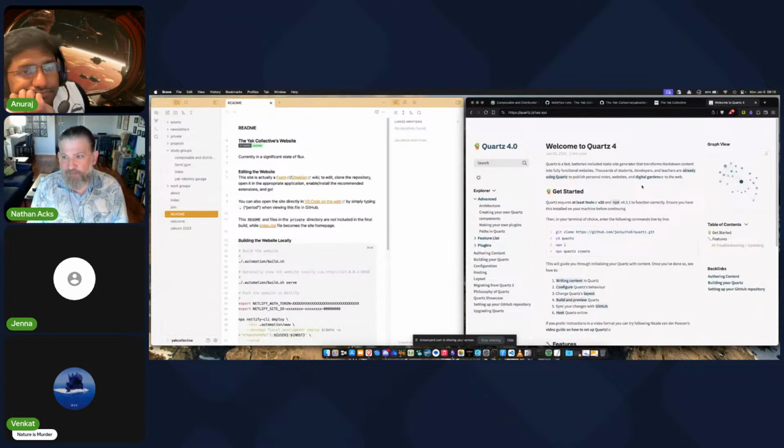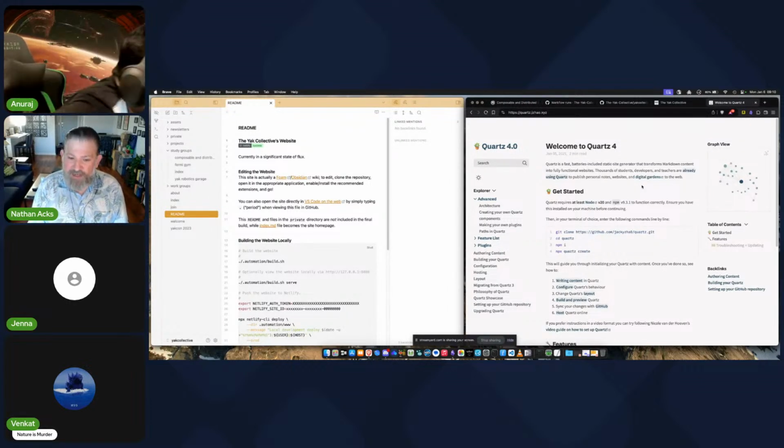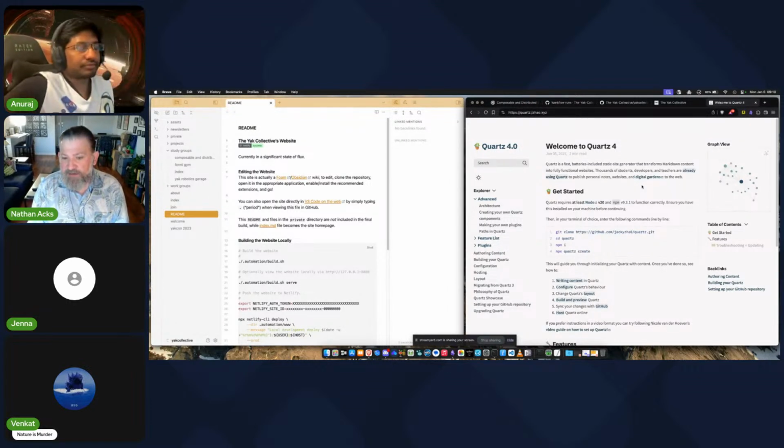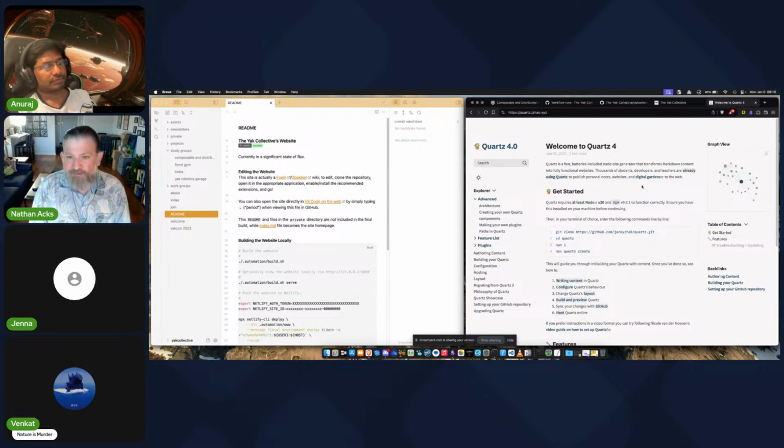So it has a lot of the same features and the same look, and Obsidian flavored markdown files were a first-class citizen from the beginning. It supports things like wiki links, embeds, and so on. We don't use a lot of those features because I wanted to keep compatibility very broad and not force somebody to use Obsidian. But I used Obsidian in the process of translating all of our files.